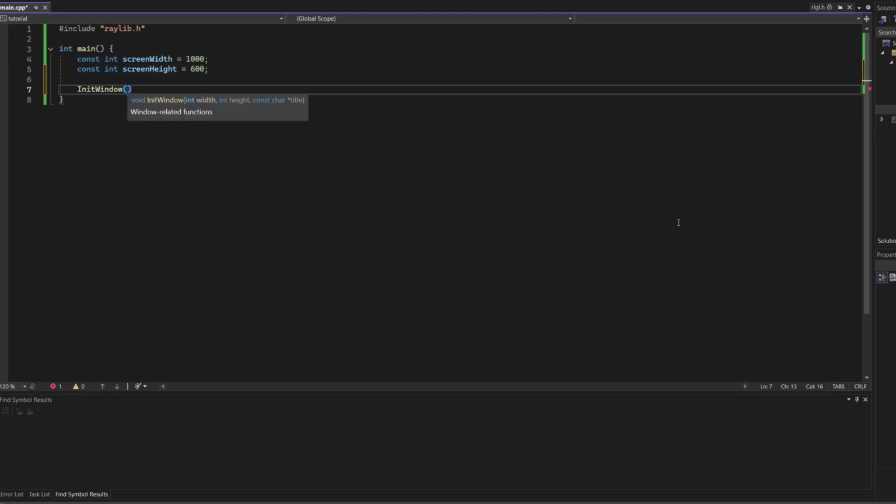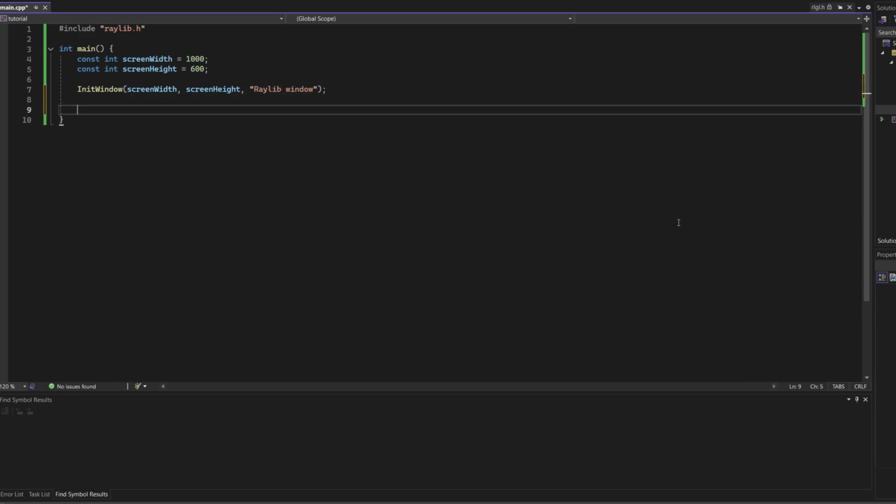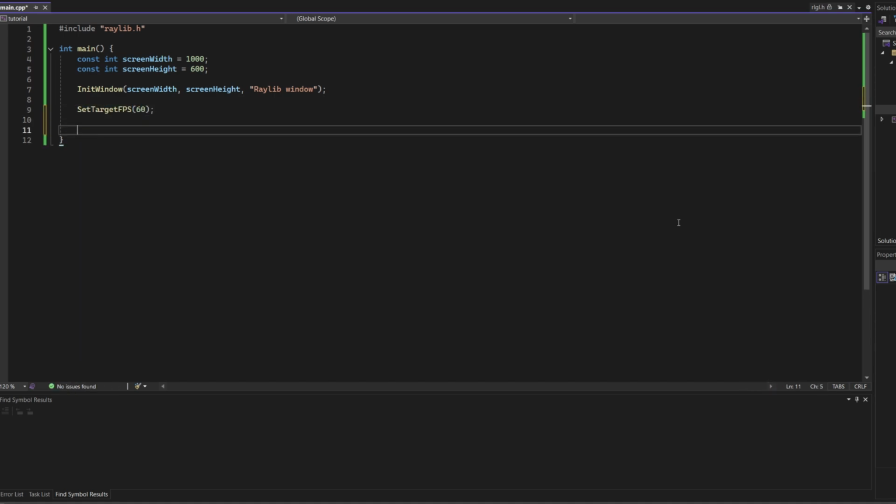Then we use the InitWindow function to create the window, and we give it a title, like "Window" or whatever you want. Pretty simple, right? After that, we call SetTargetFPS to lock the frame rate at 60 frames per second,